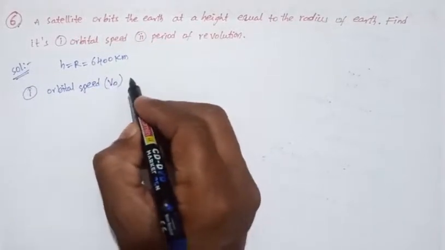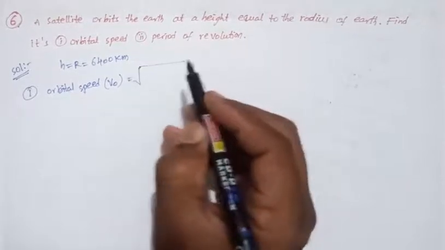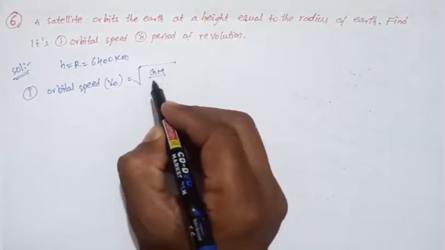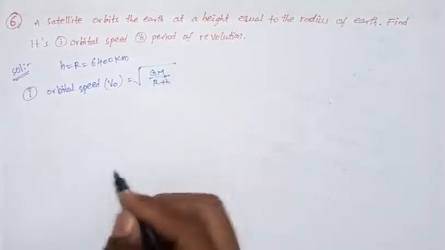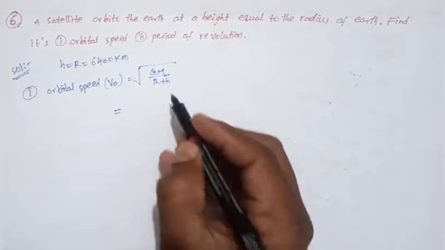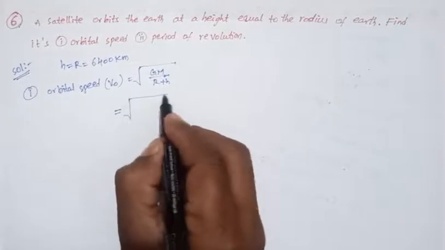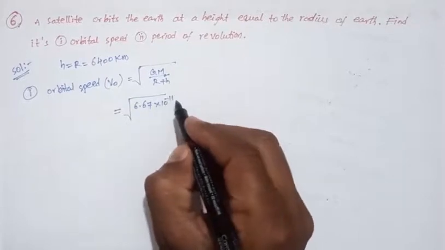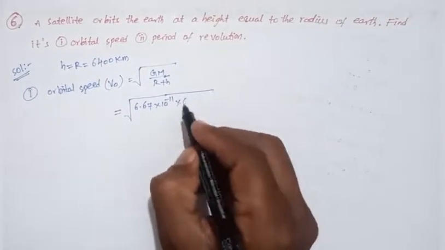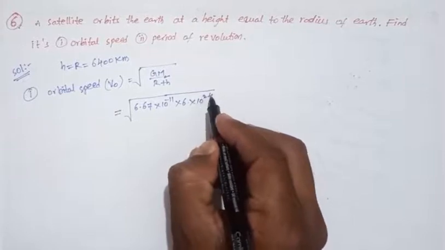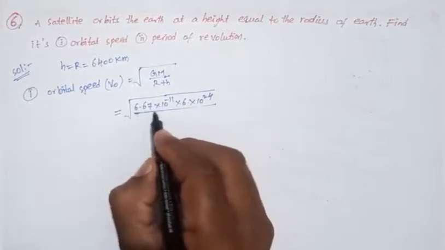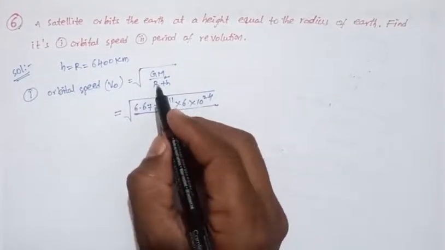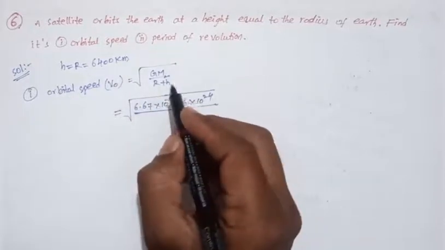Vo equals, so what is the equation? Already discussed in problem number 5, square root of GM by r plus h. Okay, here GM, so what is the G value? 6.67 into 10 to the power of minus 11, and mass of the earth 6 into 10 to the power of 24, divided by, h equals r. Okay, r plus h, r equals 6400 plus 6400